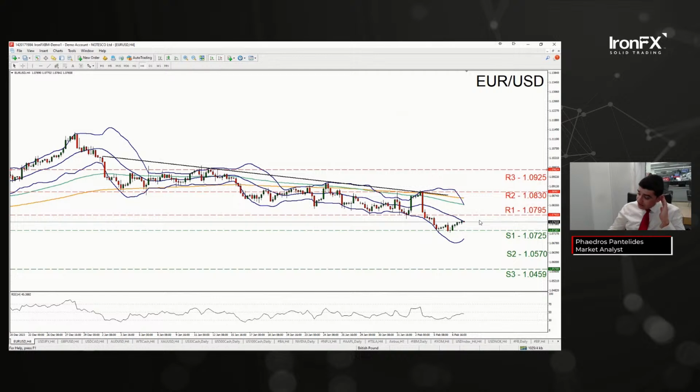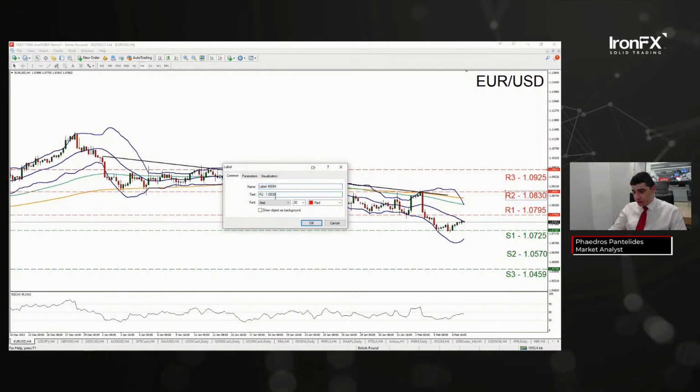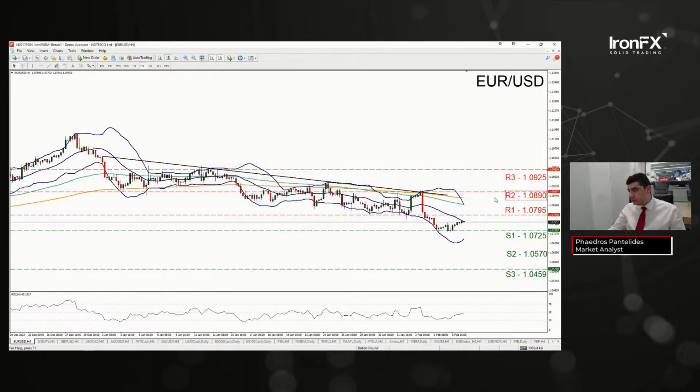So given that it's very close to each other, we look for alternatives. Now, if it does break above R1, I would switch towards a bullish outlook. If it breaks below S1, I would switch towards a bearish outlook. But based on what we're seeing, they are fairly close, and this is a support and a resistance level potentially. So let's just place this in 1.0890. That would be R2, and then we've got R3 at this old high,